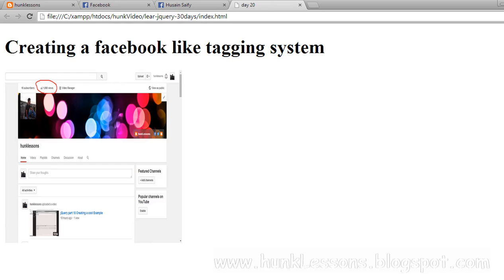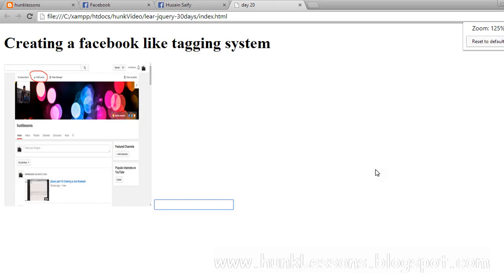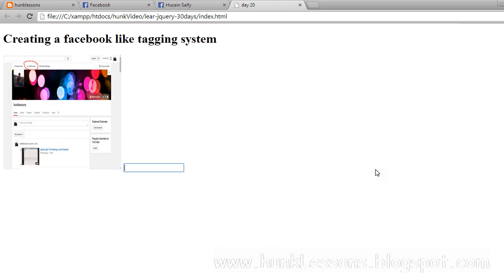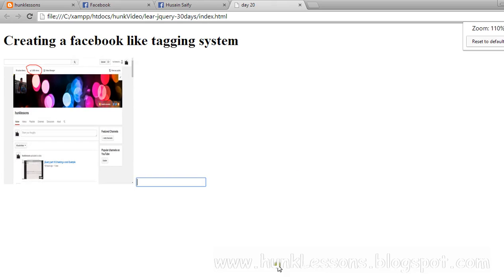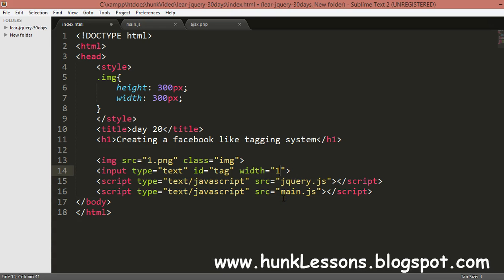The text field is a bit big. 100 is big. I will do like 60. Fine for me.